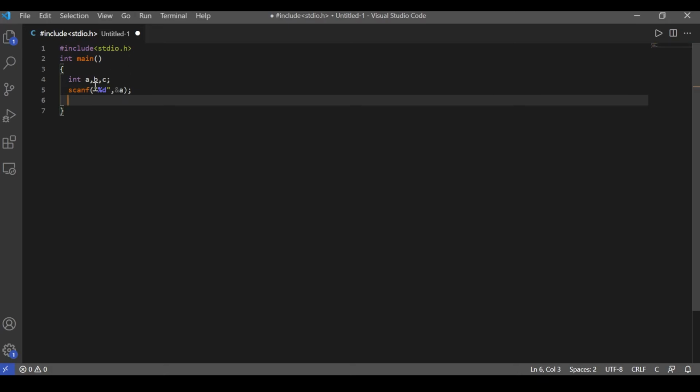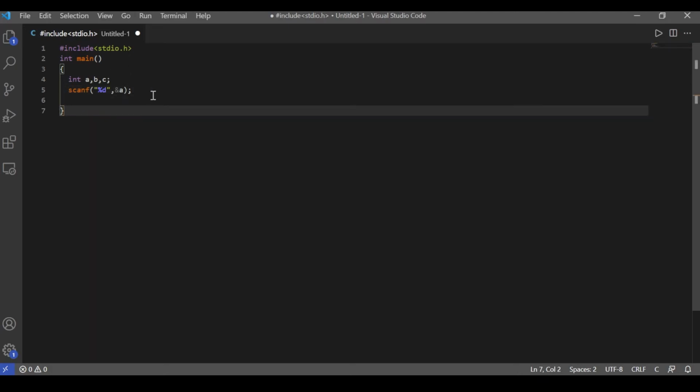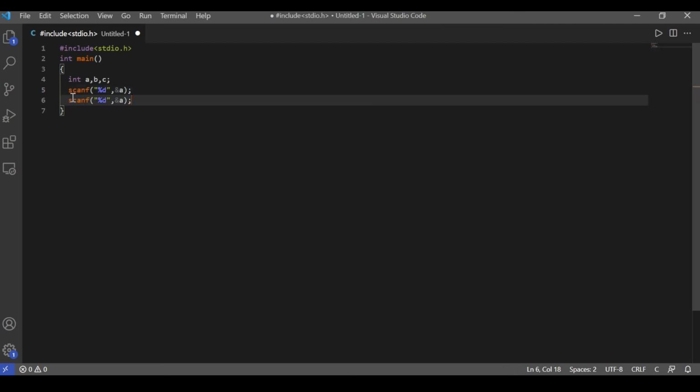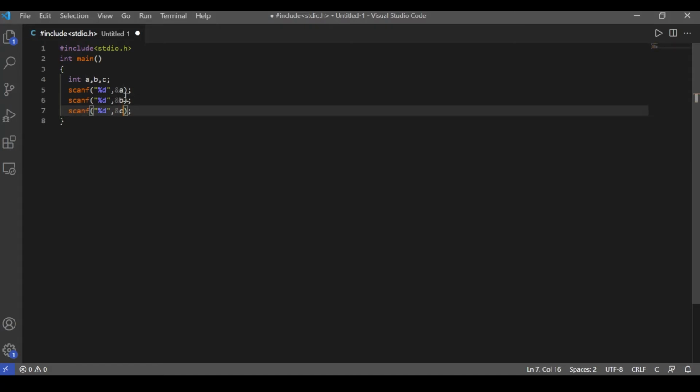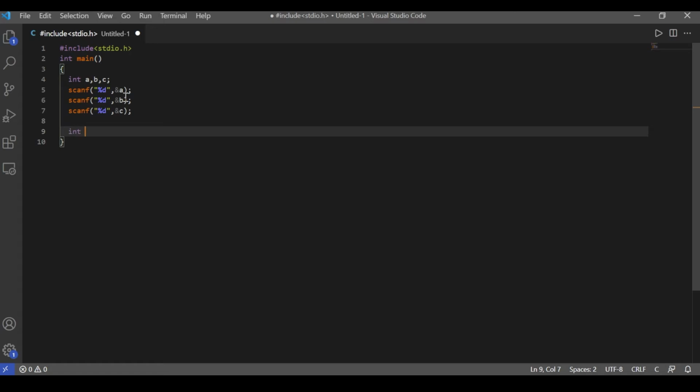Then we will copy this line, and we will do the same for b and c. Okay, b and here c. To find the average we have to declare a variable avg equal to. So what is the average? Let's make it of double type, because the average can come as a decimal value. So make it float. Okay, float avg equal to a plus b plus c, and the summation you have to divide by 3,